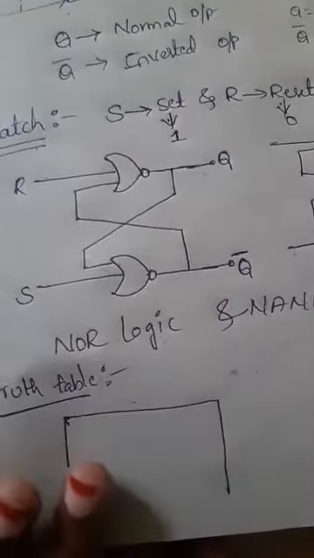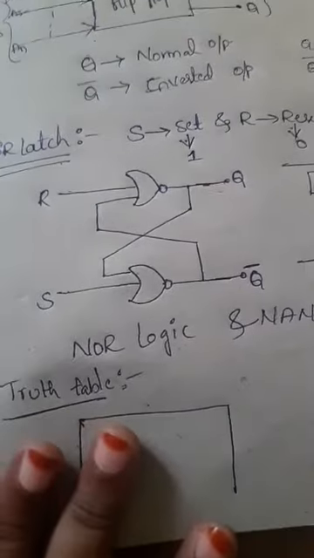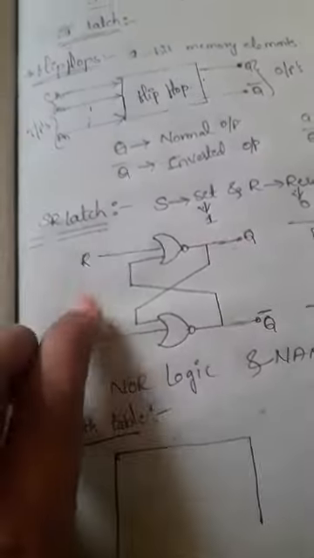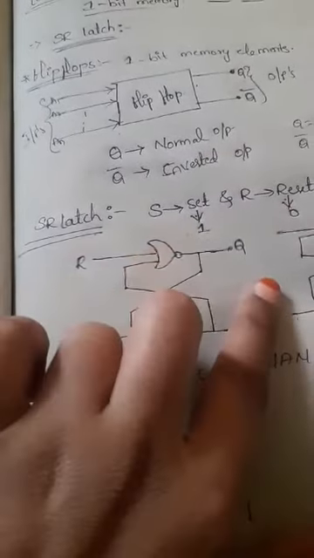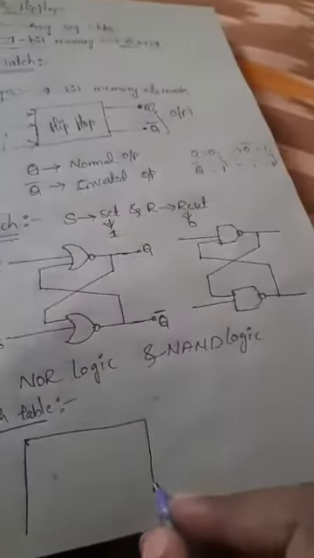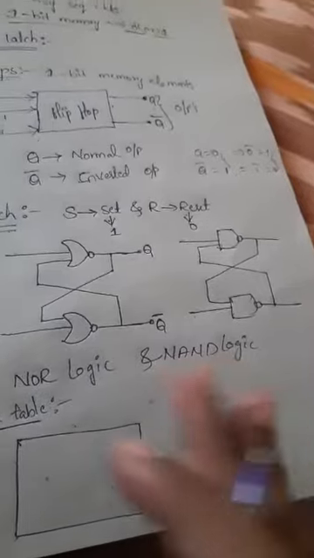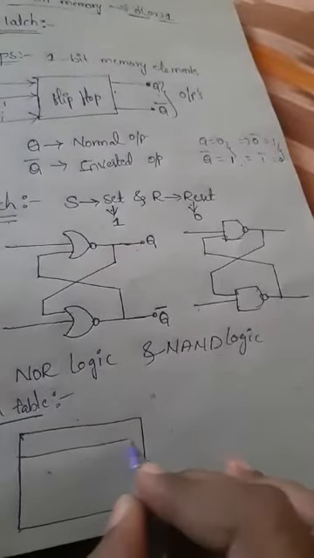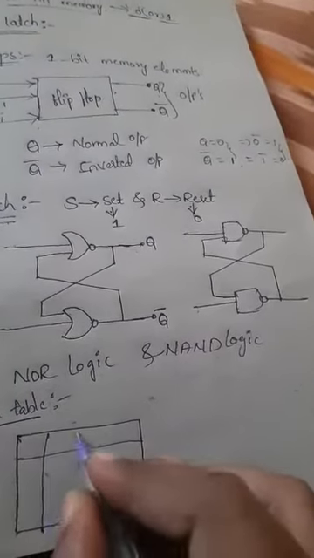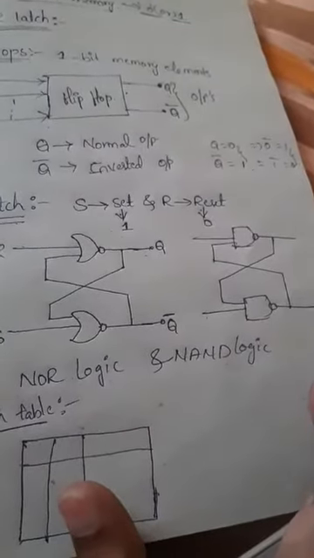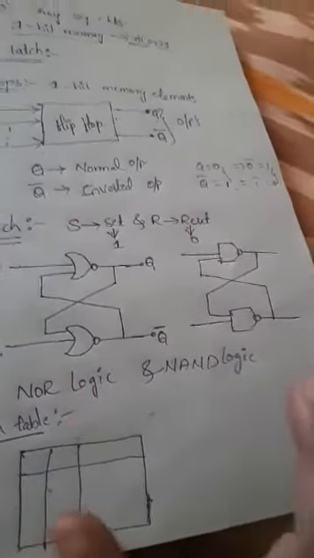But in a sequential circuit, whatever output we have, that first should be given as an input to the sequential circuit, and only then are we getting the outputs. So whatever truth table you want to design, you should first learn how many inputs you have and how many outputs you are getting. Based on that, you should write the circuit.